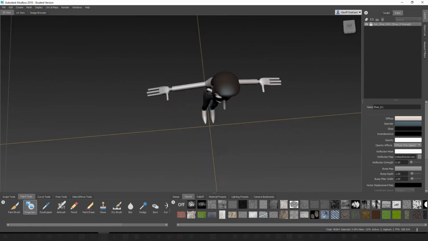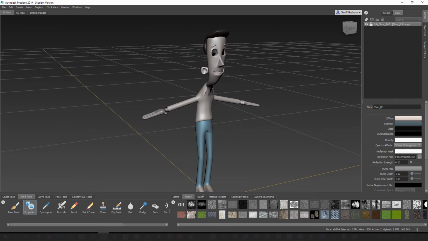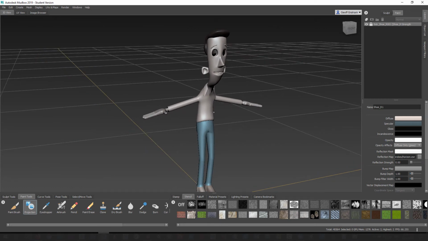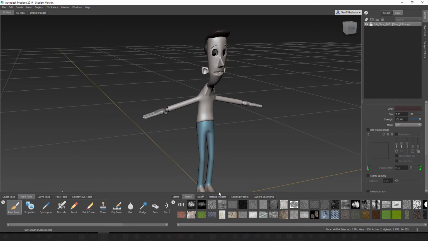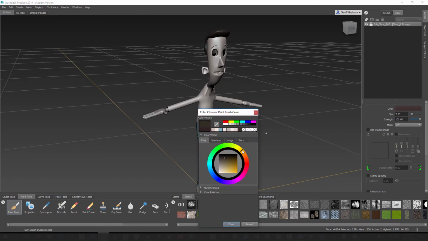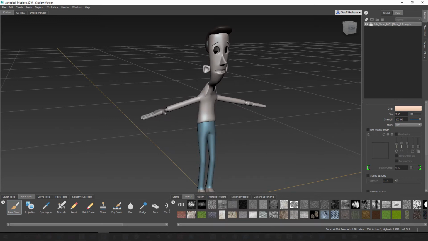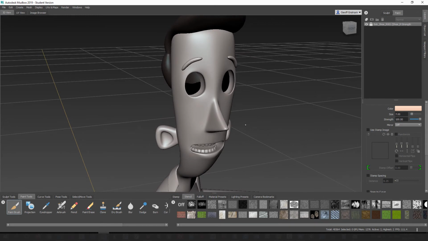Okay, so everything has been updated as far as the materials go. Now we can start painting. So I'm going to go into my paint tools under paintbrush. Make sure your paintbrush is selected, and then you'll see all the options for that tool over here on the right. So I'm going to change my material here, and I'm going to start with the head. You can just choose a color for the head, and if I zoom in, I'm going to use the bracket keys to reduce the brush